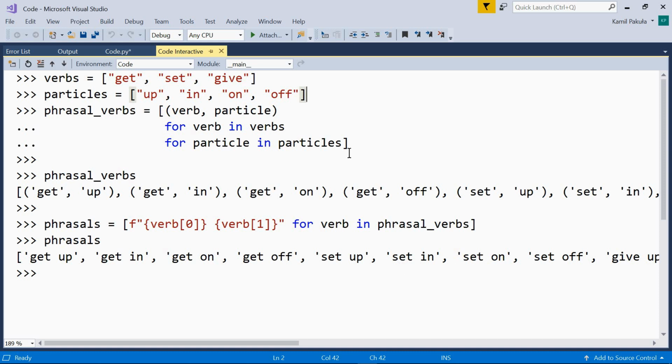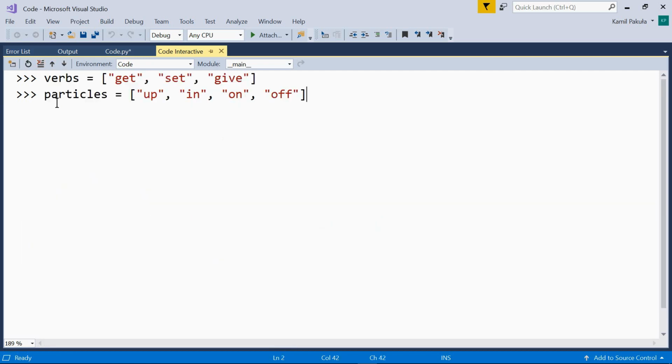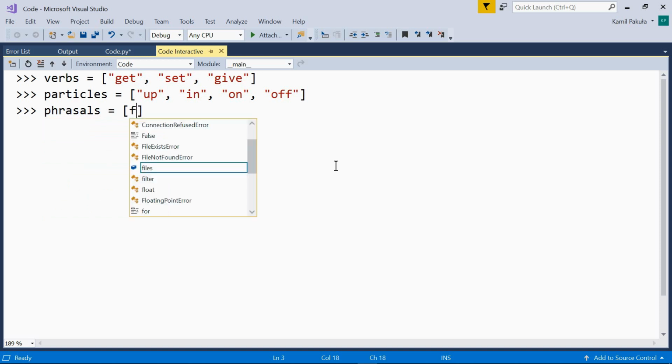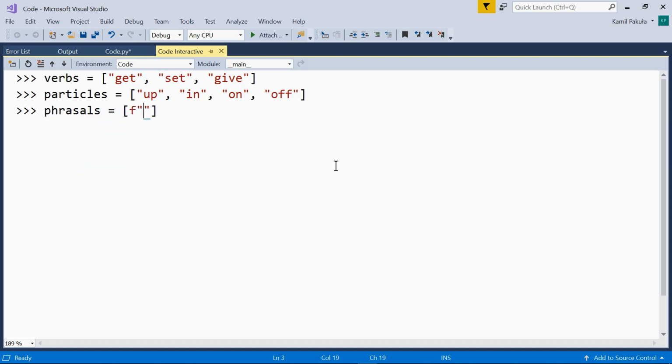Now, although we should keep list comprehension simple, we could achieve the same in just one step. So here are our two lists, again, verbs and particles. And now we can just omit the stage with two tuples and create a list of strings. So phrasals equals f string verb 0 space verb 1